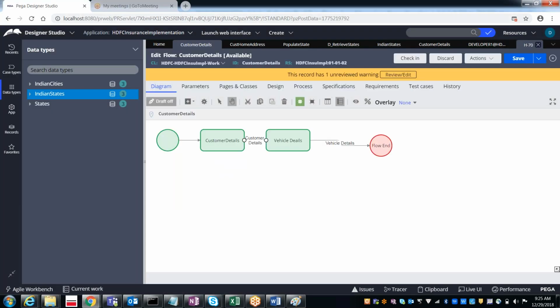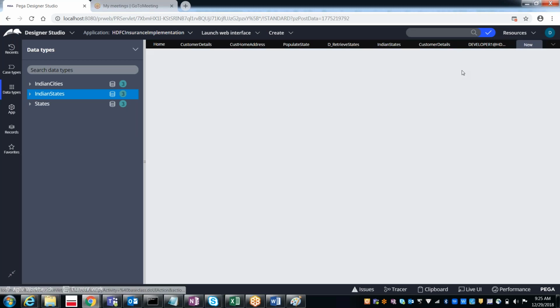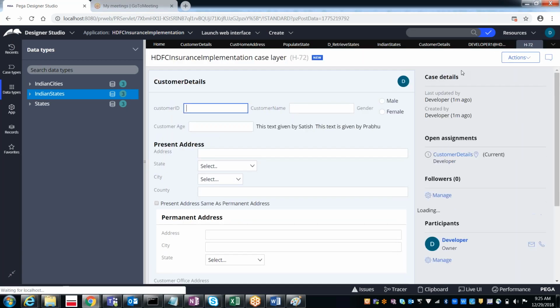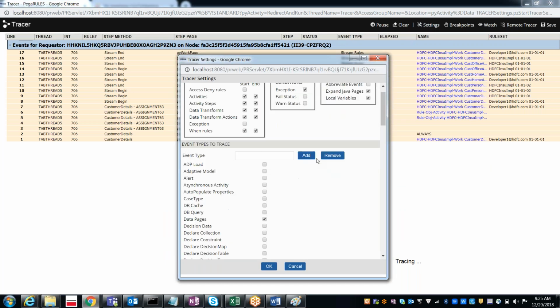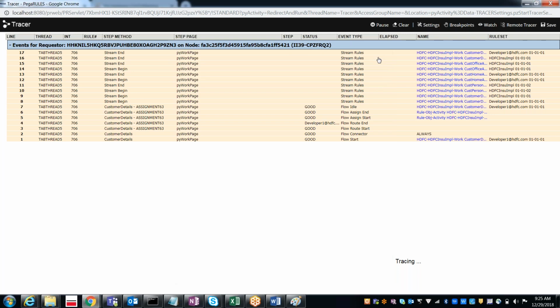Clear. Again, it's not showing the data page.